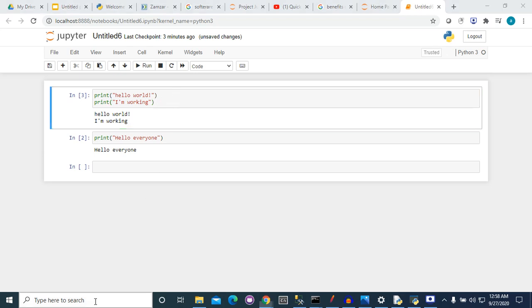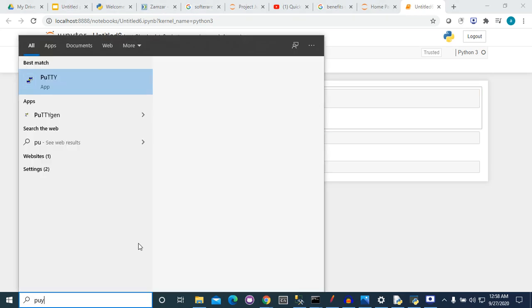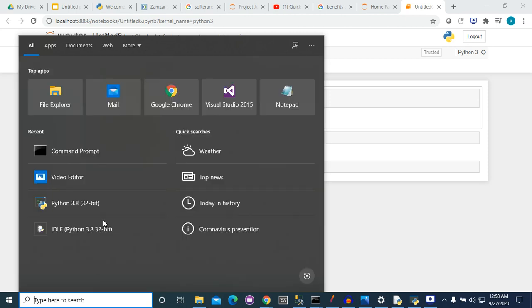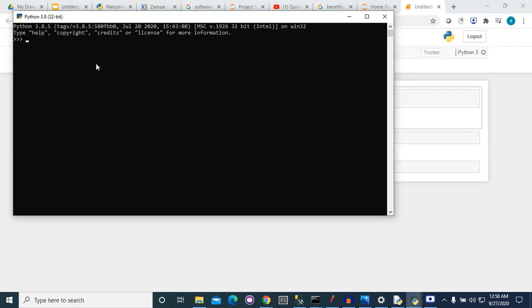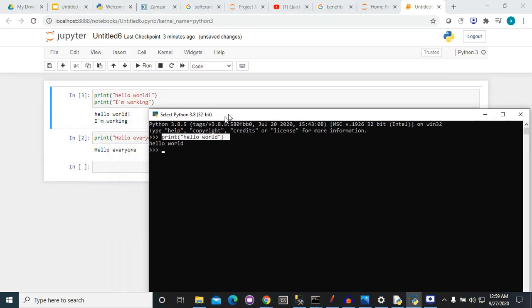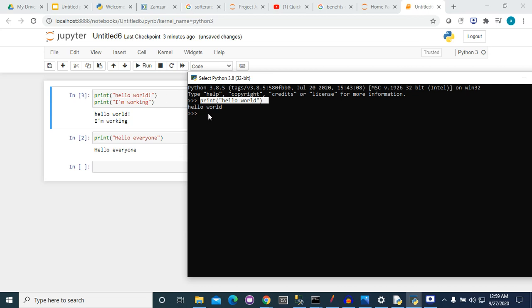I will just show you. Here I have written the code print hello world. Now, if we want to change this code, we cannot change it like we have changed here.